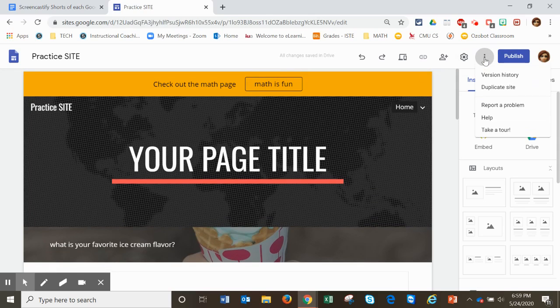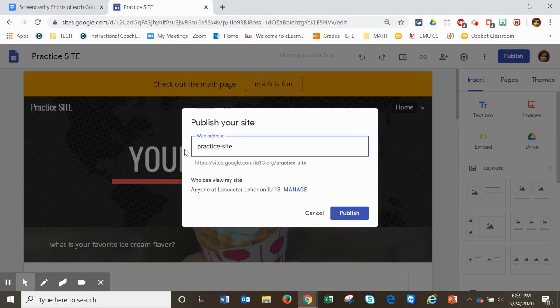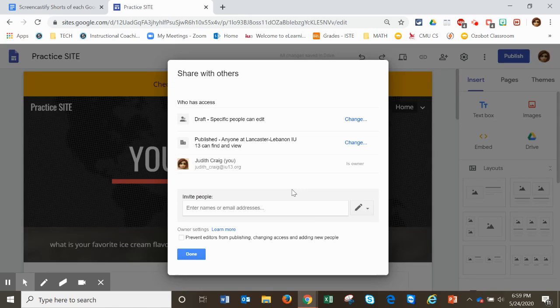Let's see. In the more version history, you can duplicate the site. Now, here is where it gets kind of interesting. When you publish the site, you have to click this button to publish it. It will give you the name of it. It will probably say sites.google.com, then your domain, and then the name of it. And then this says the only people that can view it are people in Lancaster, Lebanon, IU13. You might want to change that by changing it to,